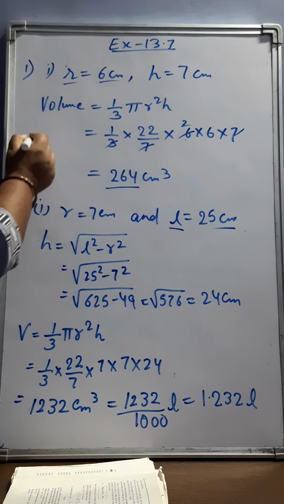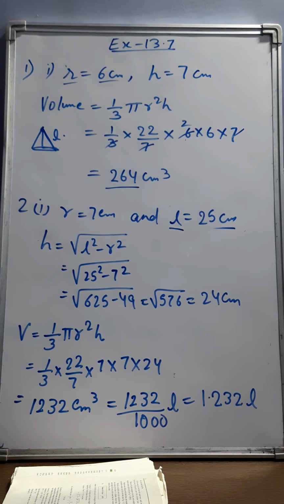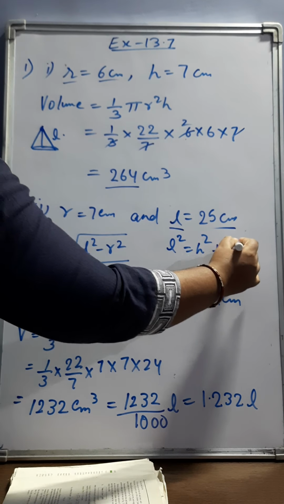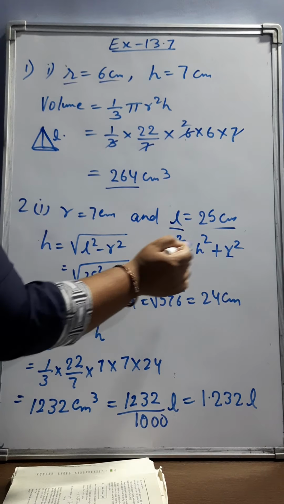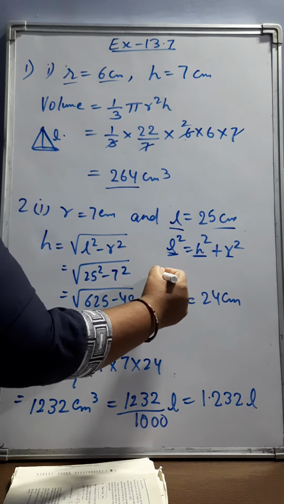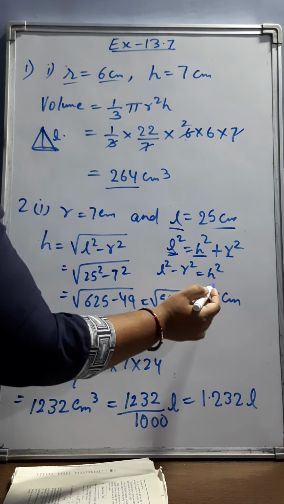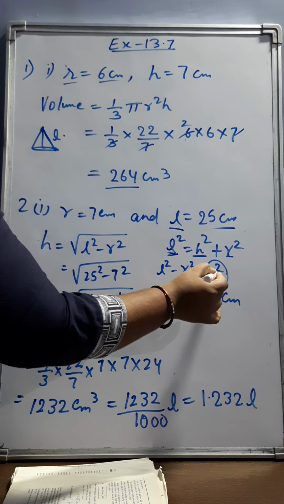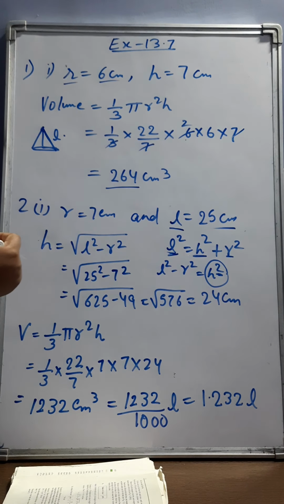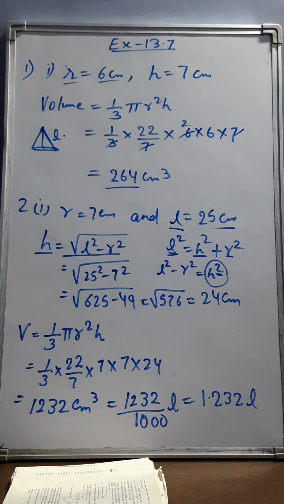As we know, in a cone, the slant height behaves like a hypotenuse. So we know L square is equal to h square plus r square. If r and L are given and we have to calculate h, then definitely this r square will come this side and we will have L square minus r square is equal to h square. Or if we want to calculate h, by removing this square we have to put a square root sign this side. So in the same way I wrote here h is equal to under root L square minus r square.